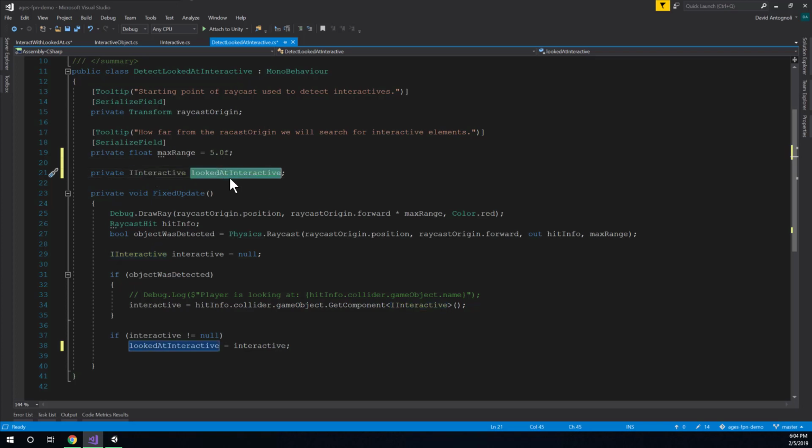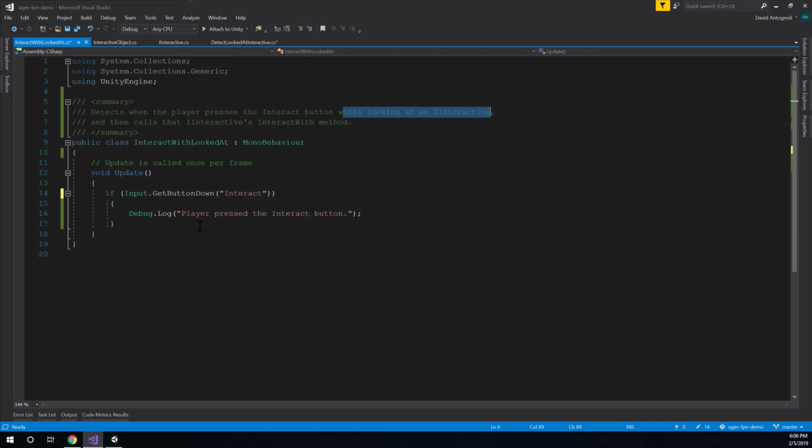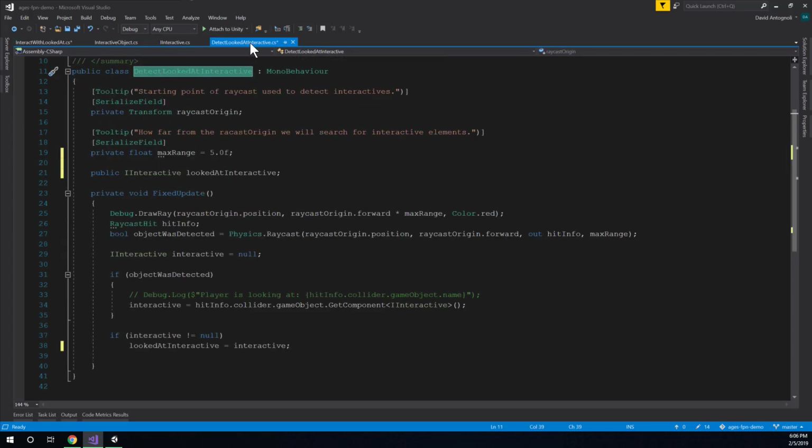So the direct way to do that is we could just make this thing public, right? And then other classes can access it. The catch is that outside classes, sure, they can see this, but the outside classes actually need to have a reference to an instance of this. So I guess we better figure that out. We could pass it some way, but I think the easiest way to give this class a reference to this class would